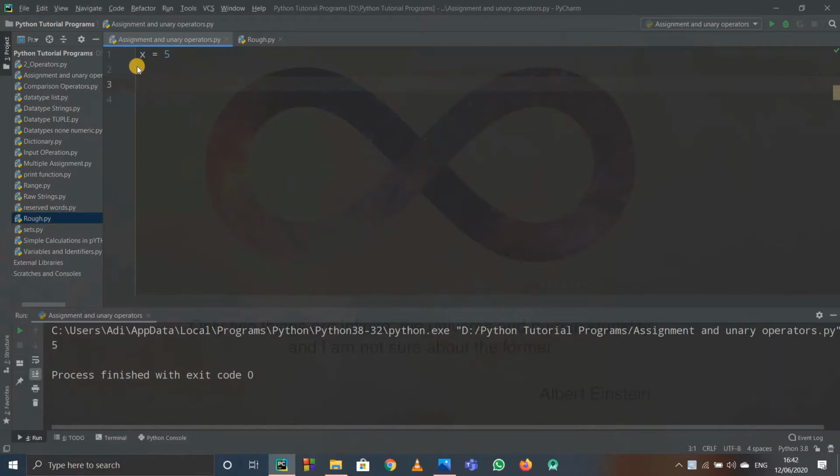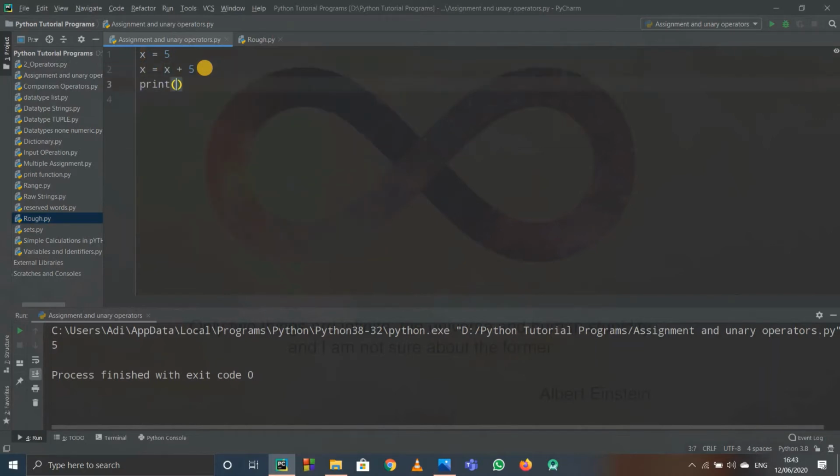One more kind of assignment operator is when I write x equals to x plus 5. So actually the original operator is x plus equals to 5. But to explain to you, I'm just going to write it x equals to x plus 5. So when I write this, see, this is a new variable x now, and the value of this new x equals to the old x plus 5. So the old x was 5, so the value of this 5 gets stored here, and then it adds 5 to it. And 5 plus 5 is integer, no string and all, so it just adds 5 plus 5, that is 10. So the value of this new x will be the value of old x plus 5, that is 5 plus 5, so 10.